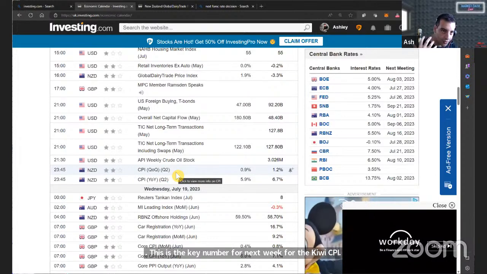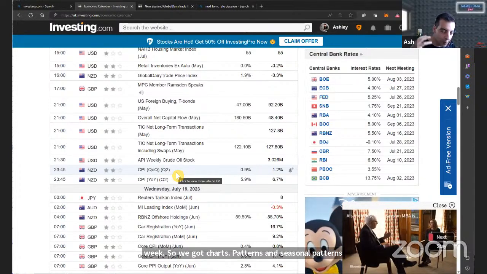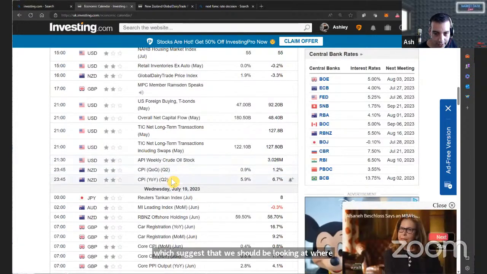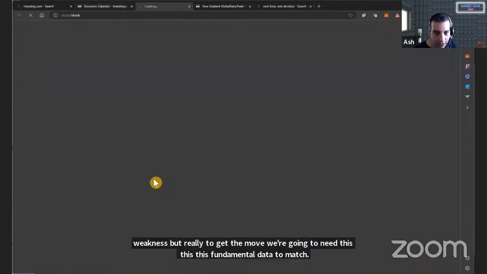So we got chart patterns and seasonal patterns, which suggest that we should be looking at Kiwi weakness. But really, to get the move, we're going to need this fundamental data to match. Now, what's been happening with inflation? Well, year on year,